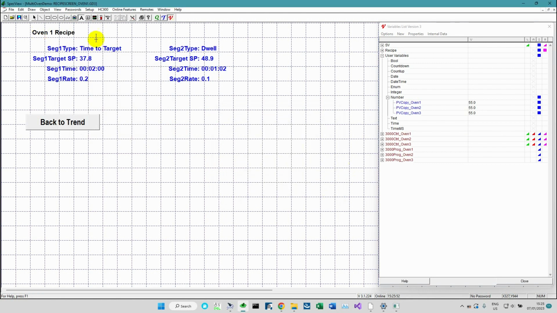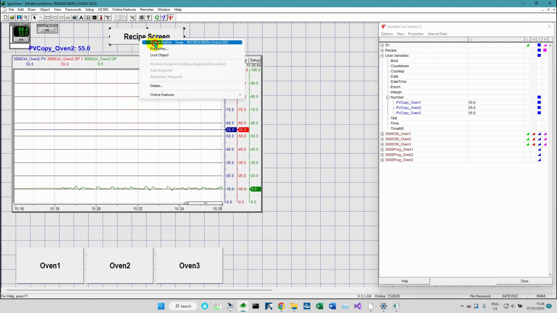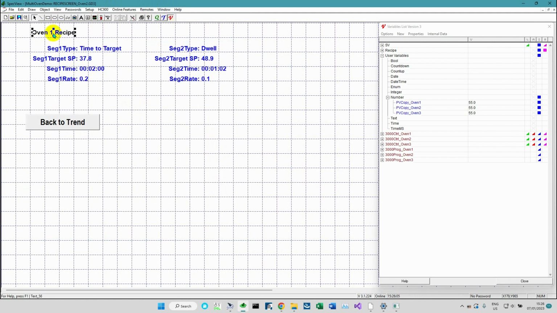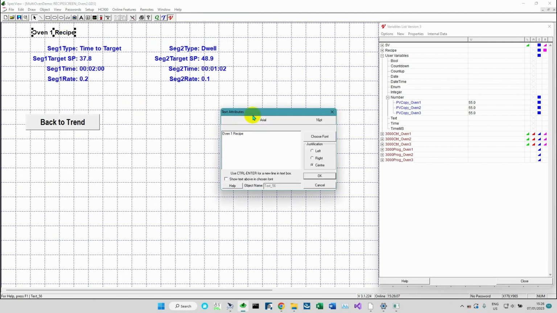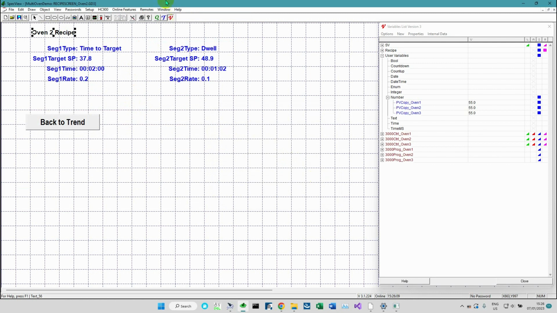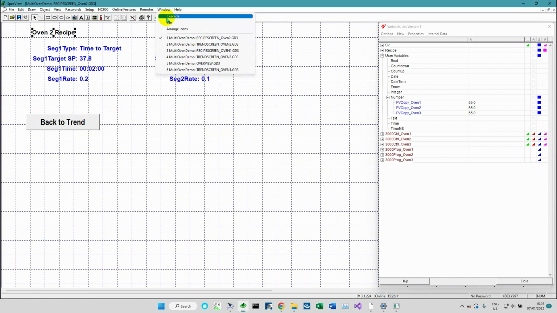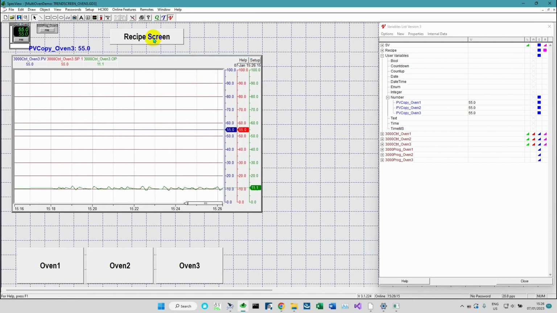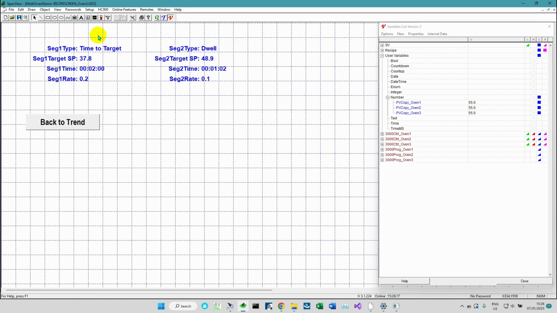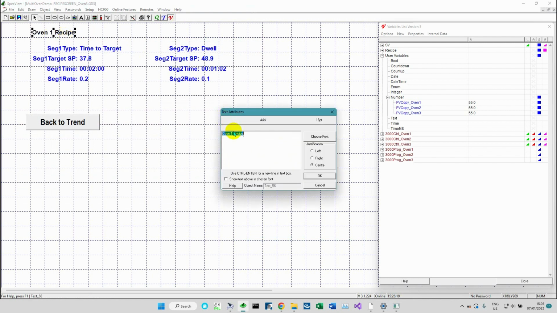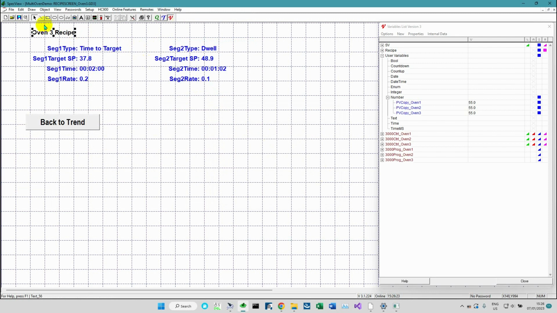Whoops. Let's copy this. Where's my oven 2 recipe screen? Paste, oven 2 recipe. And finally oven 3 recipe screen, paste, oven 3. Okay, so